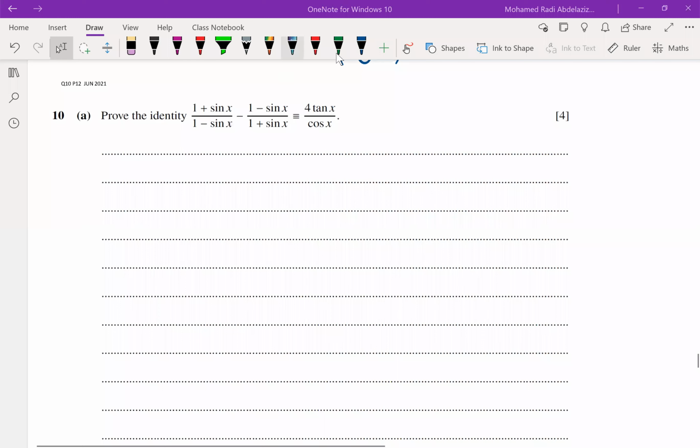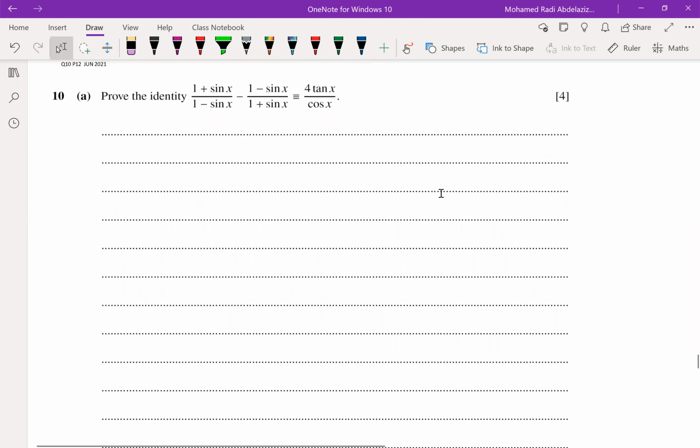Hello guys, in this tutorial I'm going to solve question number 10, paper 1-2, June 2021. By looking at this identity, how to prove that the left-hand side is equal to the right side, we can start from the left-hand side. We have two fractions, so I will now write it as a single fraction by writing the common denominator, which will be 1 minus sine x multiplied by 1 plus cosine x,